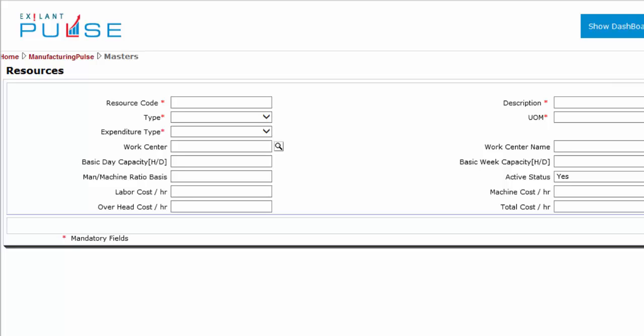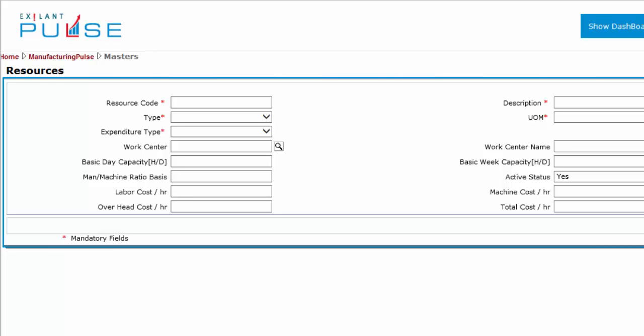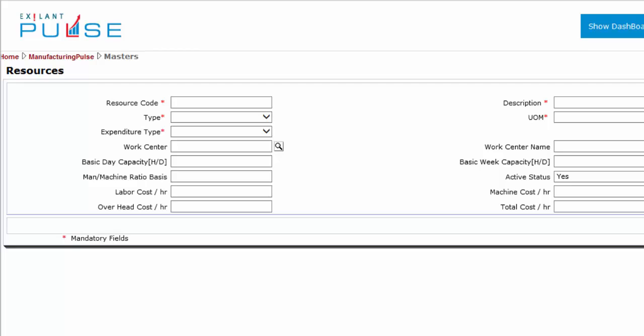Hello, you have opened a new Resource Master document and are ready to add a new resource. In this section, you can enter or view information related to resource code, description, type, unit of measurement, expenditure type,